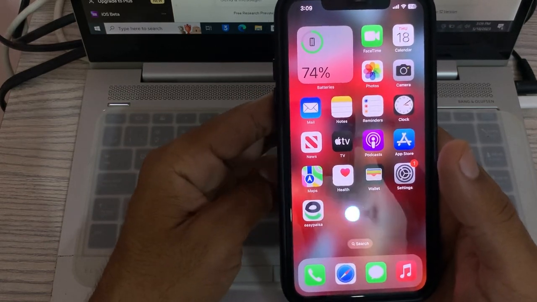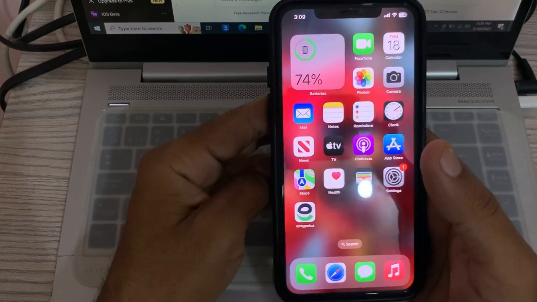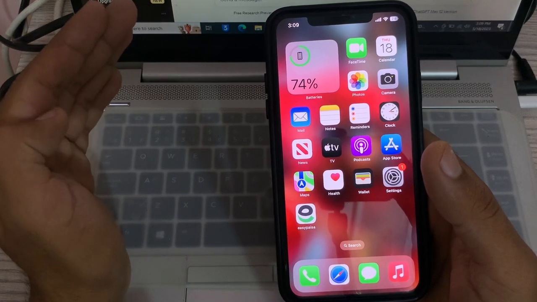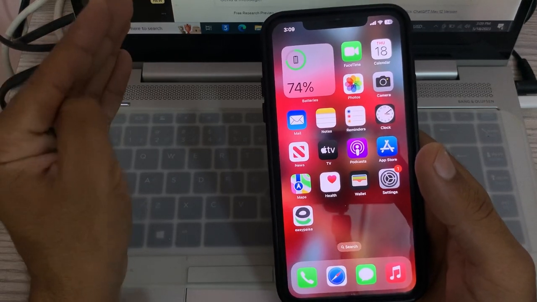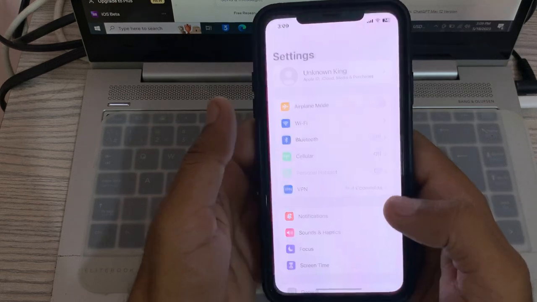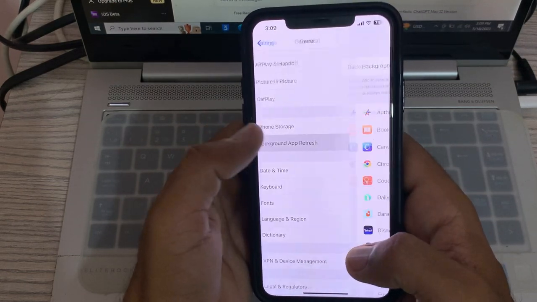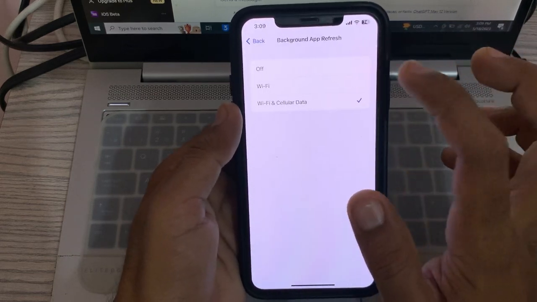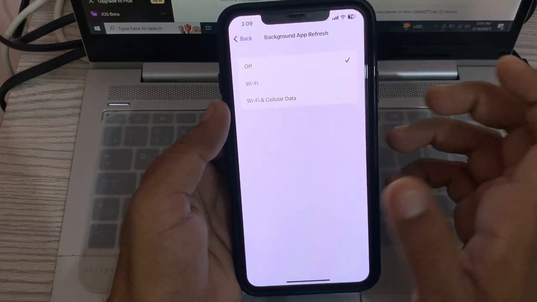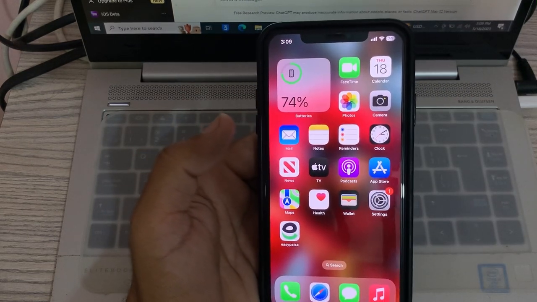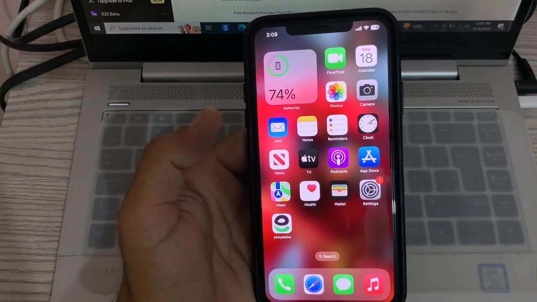then after this the next solution is disable background app refresh. Some apps refresh their content in the background, which can contribute to battery drain. To disable this feature, go to settings, scroll down, tap on general, scroll down, tap on background app refresh, tap here and tap to turn this off. After turning this off, go back, and then after this the next solution is reduce screen brightness and enable auto